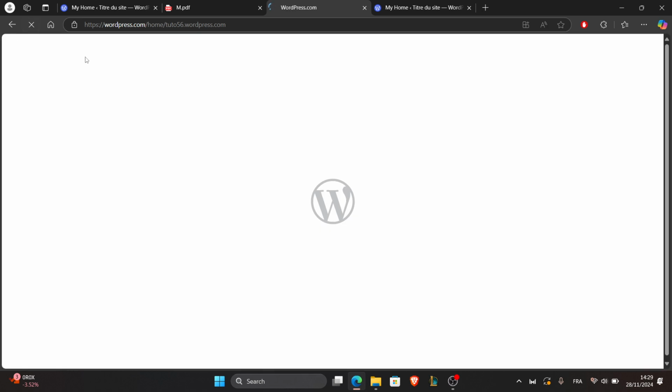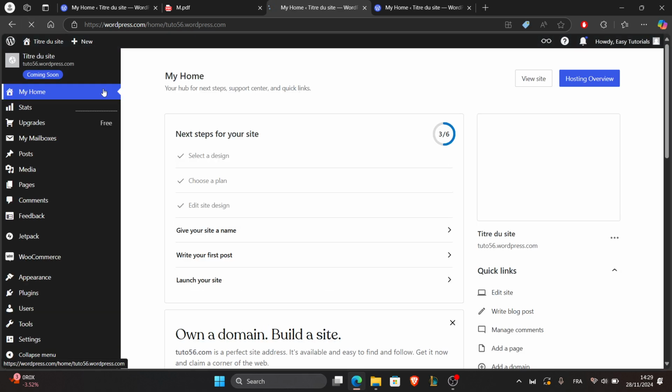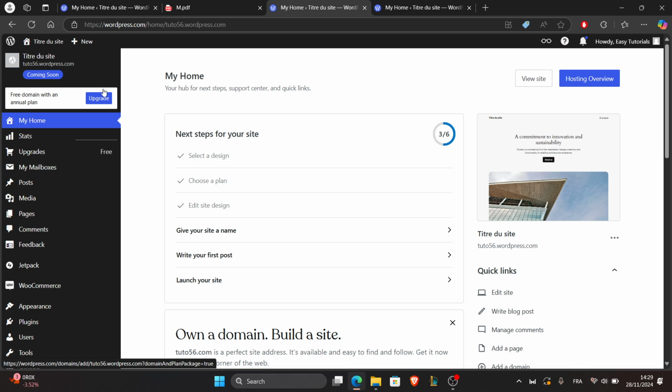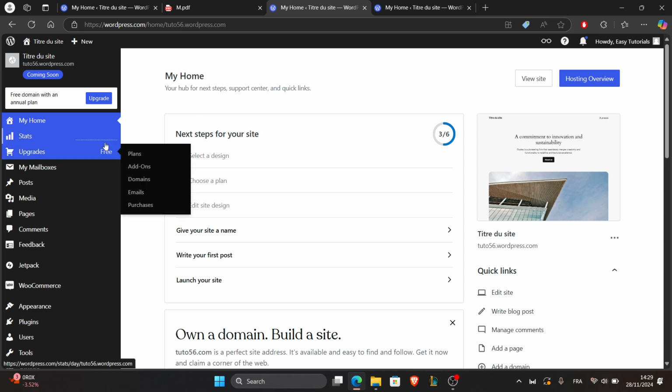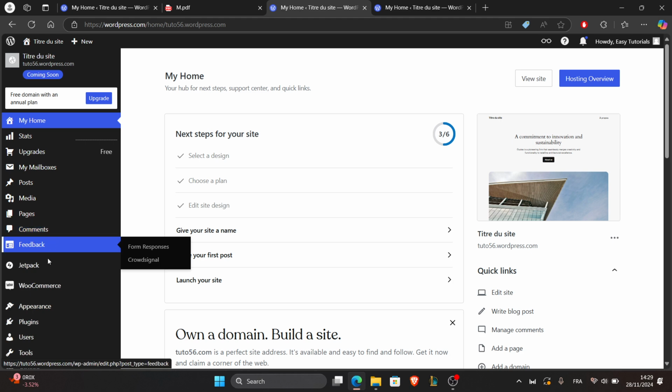the process. Now, the first step is to install the product video plugin. To do that, you have to log into your WordPress account by going to wordpress.com and logging in using your account's credentials. Once logged in, you'll be directed to your account's dashboard. From here, go to plugins in the left sidebar here,